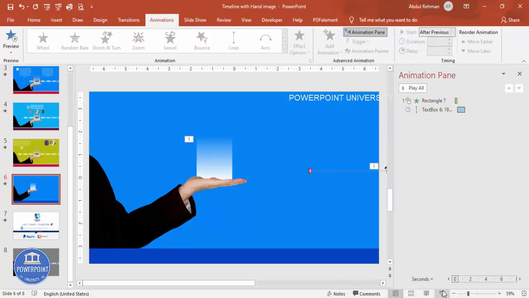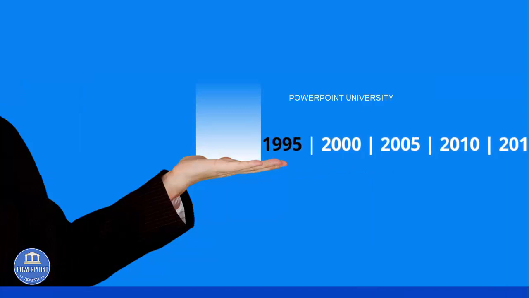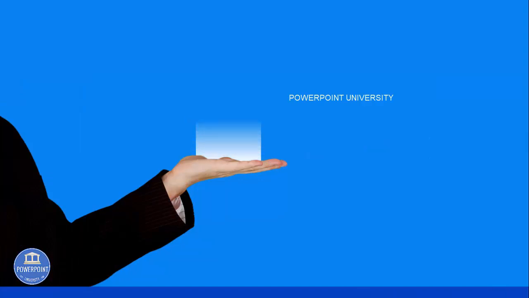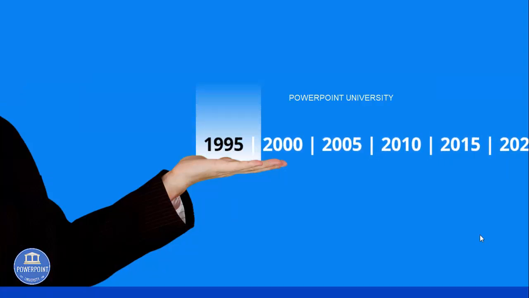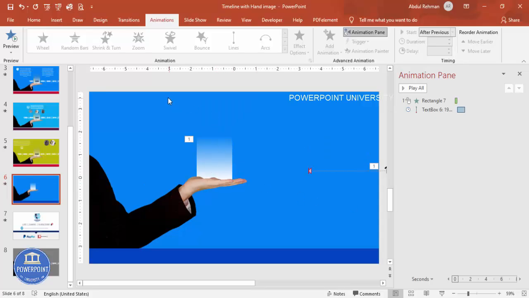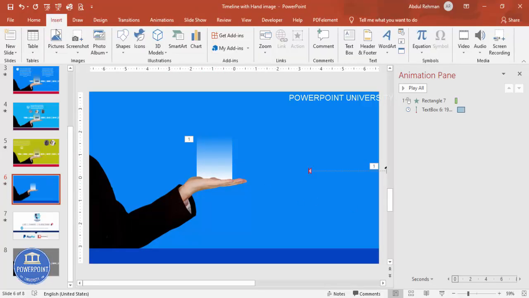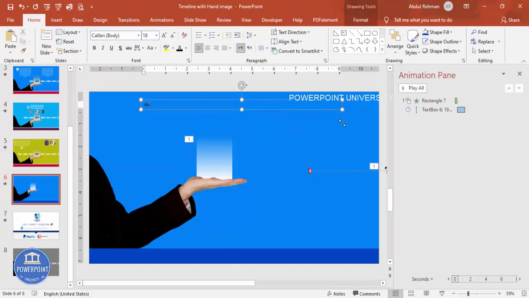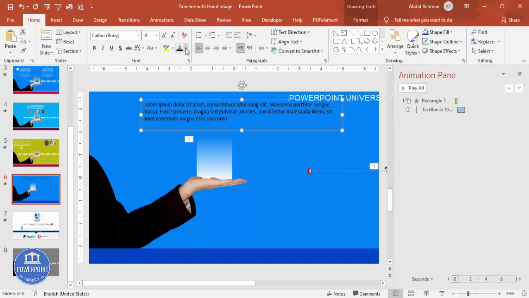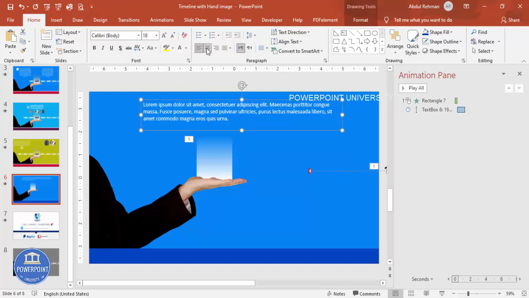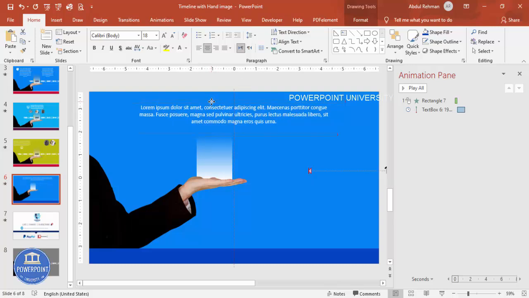All right, so now if I play, when I click, it comes like this. You can see here. Once the year comes, you can add any text of your choice at the top or at the bottom or wherever you feel comfortable. So go to insert text box, and I'm going to type equals LOREM within bracket 1, and maybe I'm going to choose a white font, center align, and I'm going to put it here.